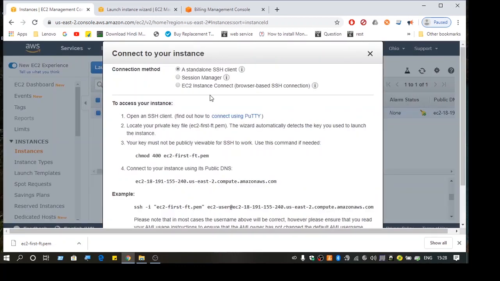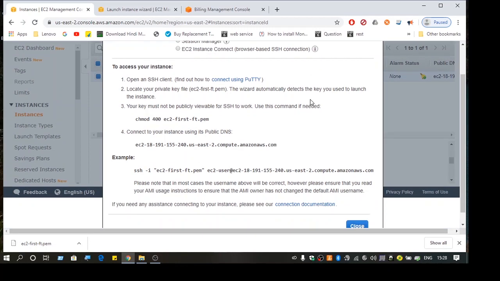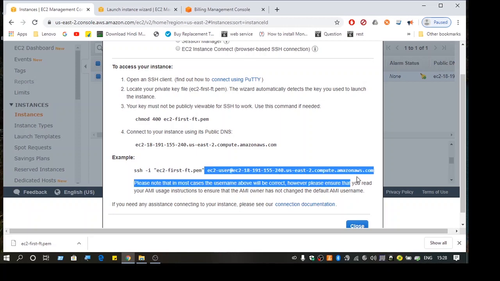So let's see how we can connect to this instance. There are multiple options. SSH is one option, or I can say the best option. You can use the browser console to access it. You can access it using PuTTY.